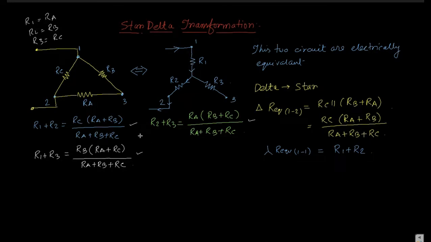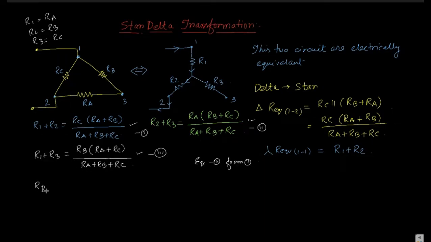Now, sir, if you subtract this from this, that is, this is 1, this is 2, and this is 3. Now what should you do? You subtract equation 2 from equation 1. So what should you get? That is R1. Equation 2 is R2 plus R3, and equation 1 is R1 plus R2.